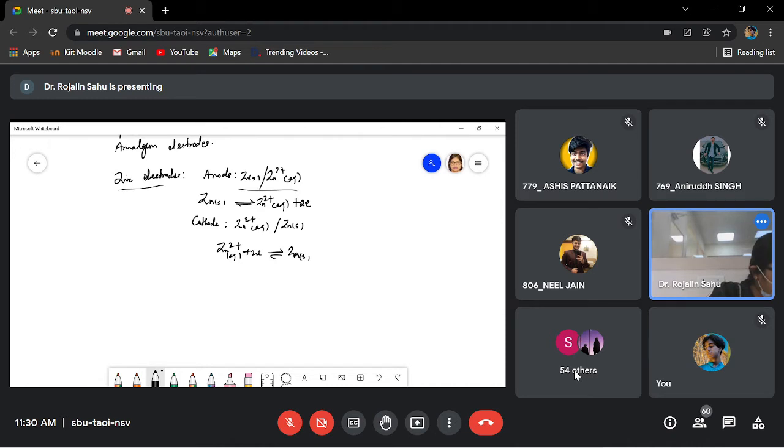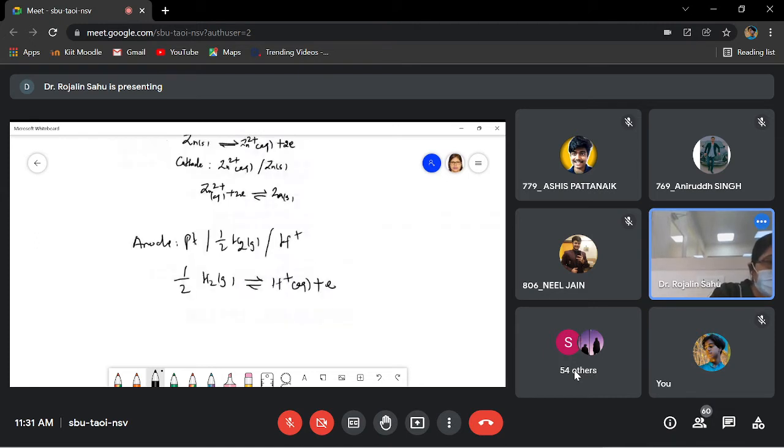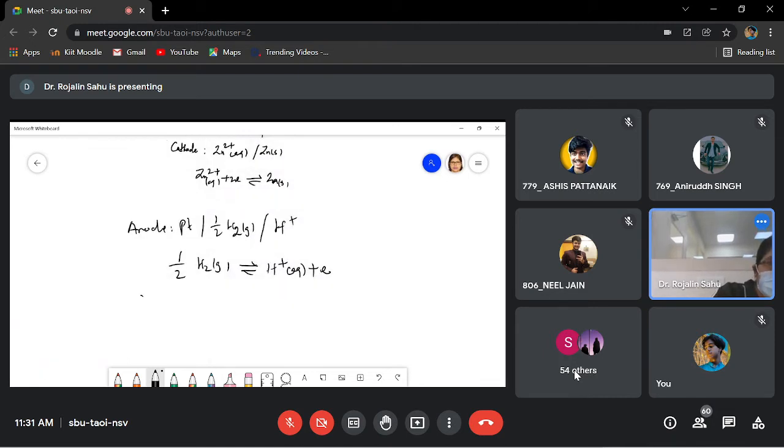So, here at anode, Pt, half H2, H plus. So the reaction is half H2 gas gives H plus plus electron. At cathode, H plus